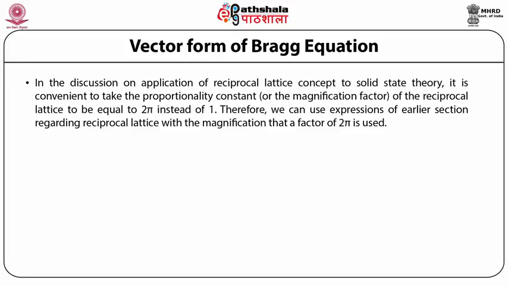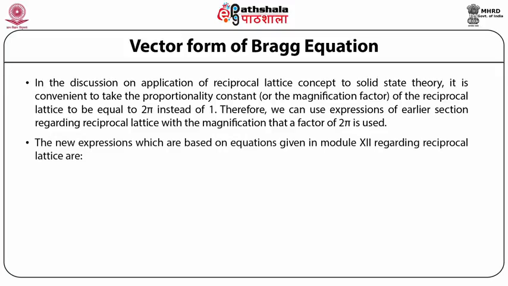Therefore, we can use expressions of the earlier section regarding the reciprocal lattice, with the magnification that a factor of 2 pi is used. The new expressions, which are based on equations given in module 12 regarding the reciprocal lattice, are